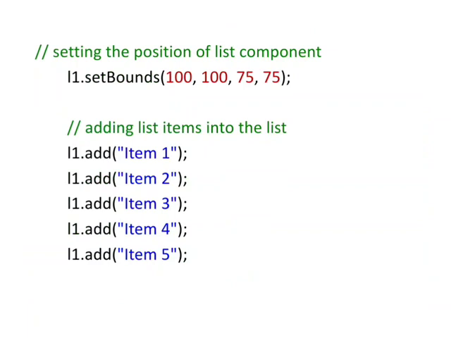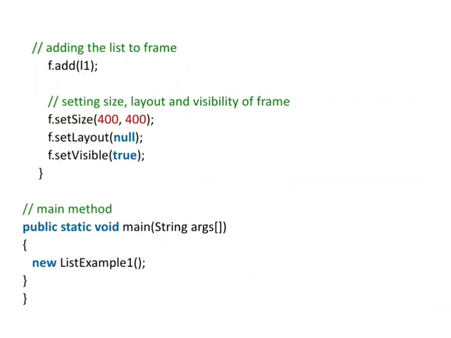Then adding the list items into the list, that is L1.add(item 1), L1.add(item 2), L1.add(item 3), L1.add(item 4), L1.add(item 5). Then next one is adding the list to the frame, that is F.add(L1), then setting the size,